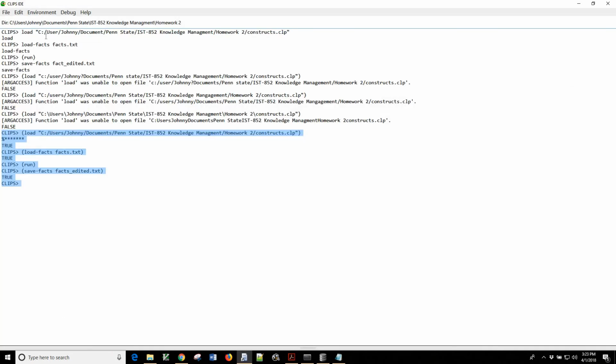In this file, you can see I made a few mistakes, but I finally got it right. Basically, the very first line here that is highlighted loads that original constructs.clp file that we created. It also loads our facts that we created with Python, facts.txt. We run it. It creates a new file using these rules and these facts, and we save the file as